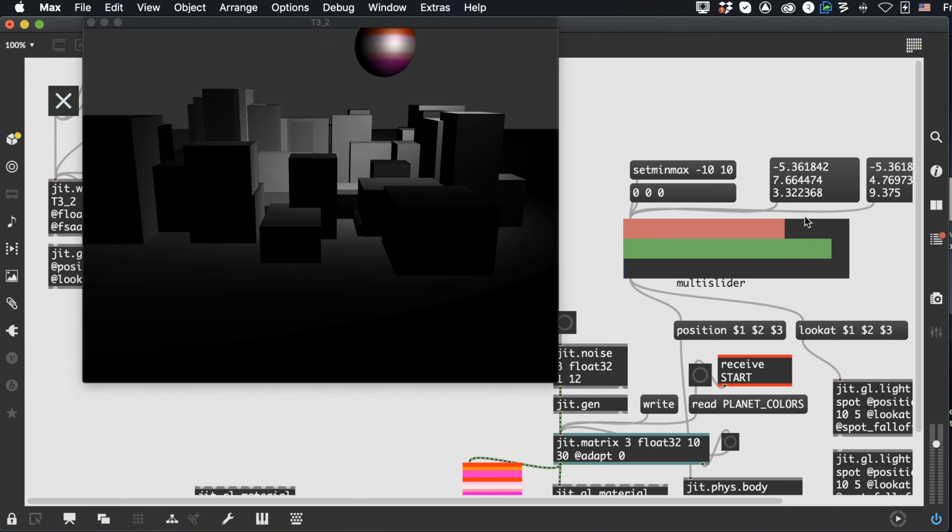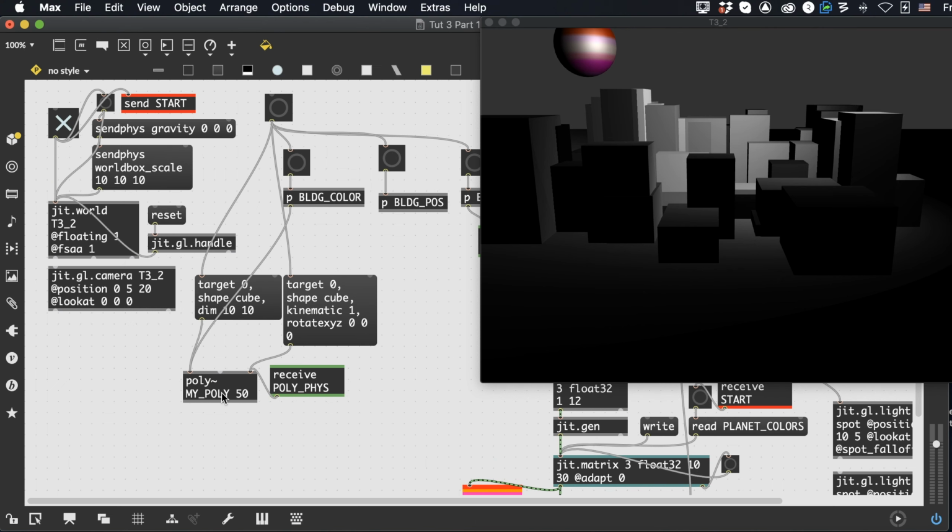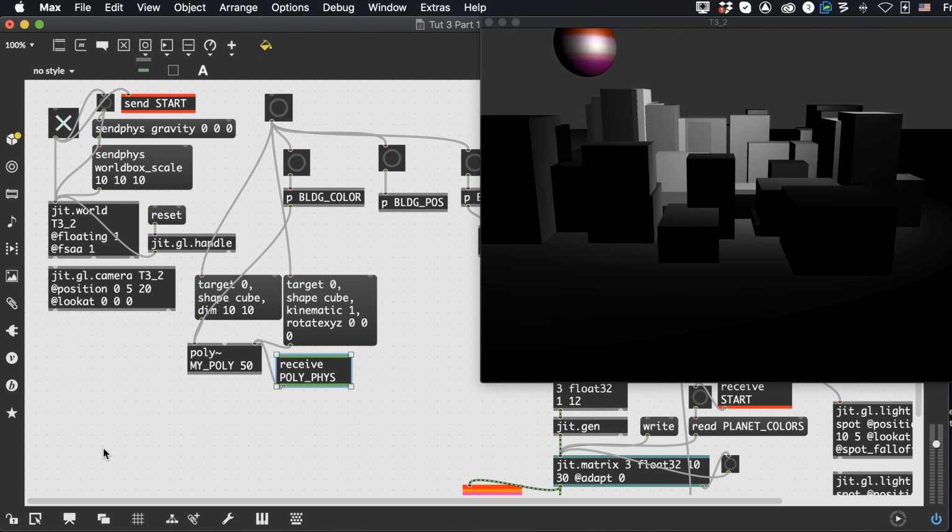Our spotlight is following the planet so it remains illuminated. Right now our sky is not very interesting. You can actually send an image directly into jit.world. So if I say